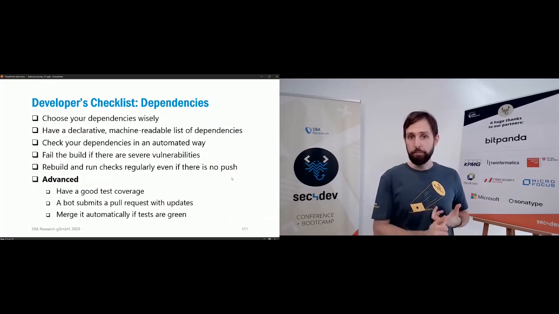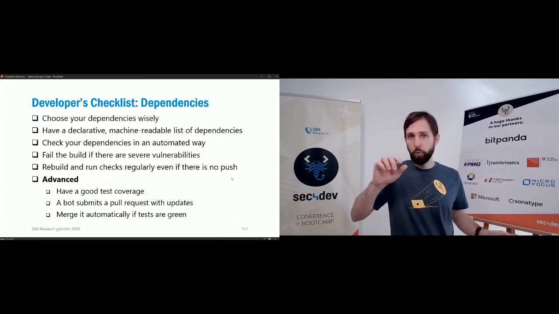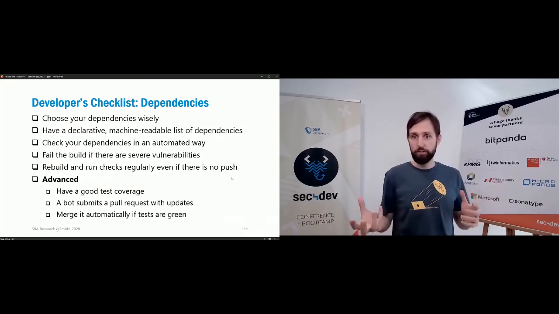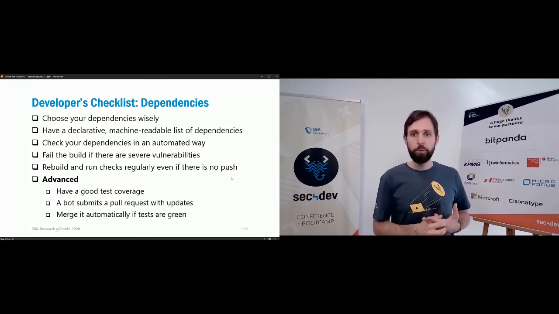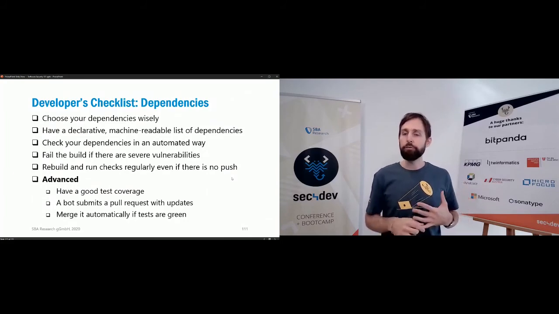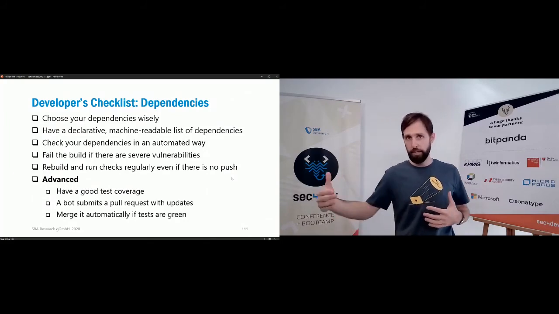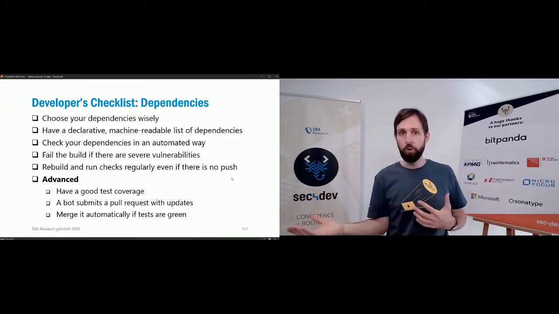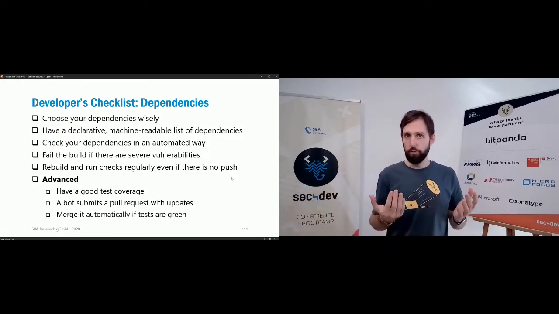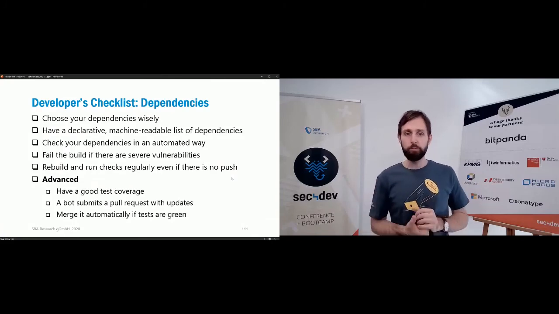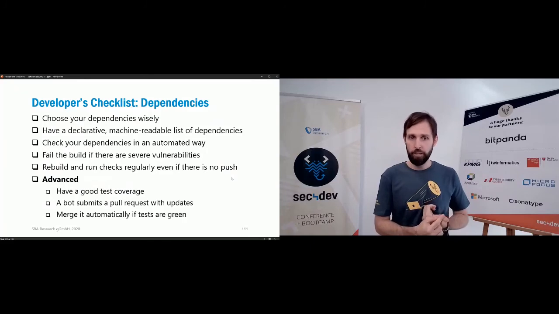Have a declarative machine-readable list of dependencies. Don't just pull in stuff into your repository because it's harder to update. Check them automated, like with tools that I showed you before. Fail the build if there is a vulnerability, and rebuild and run those checks regularly, even if there's no push, because dependencies might get out of date and you might not be coding anything in that repository for a couple of weeks. Advanced, if you want to go the really advanced way, if you have good test coverage, you can